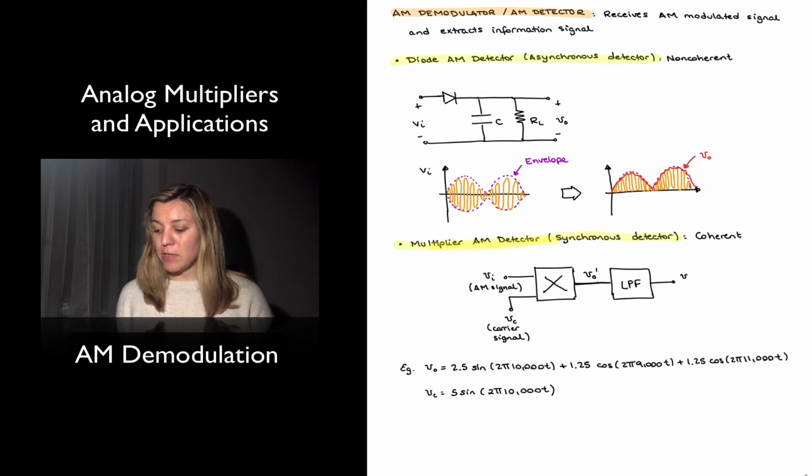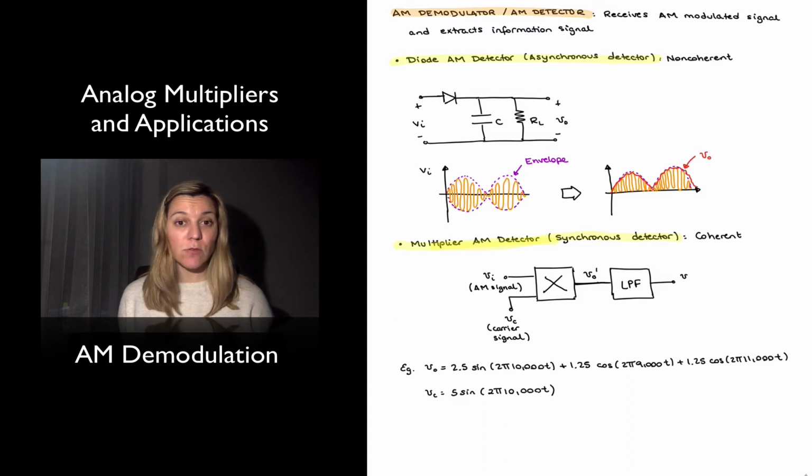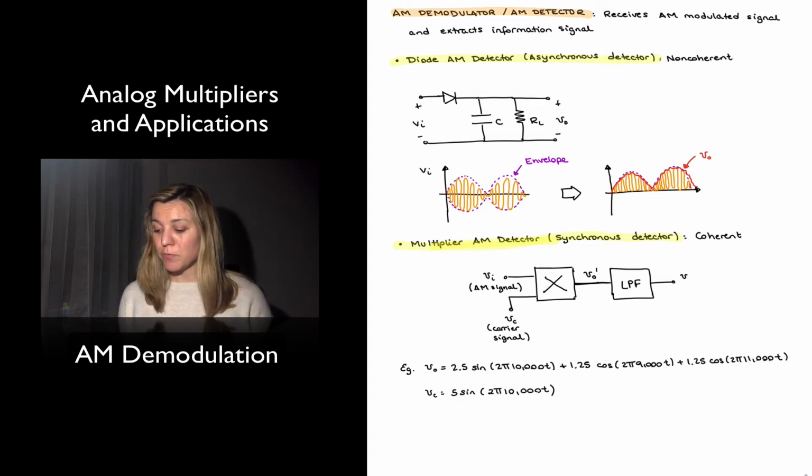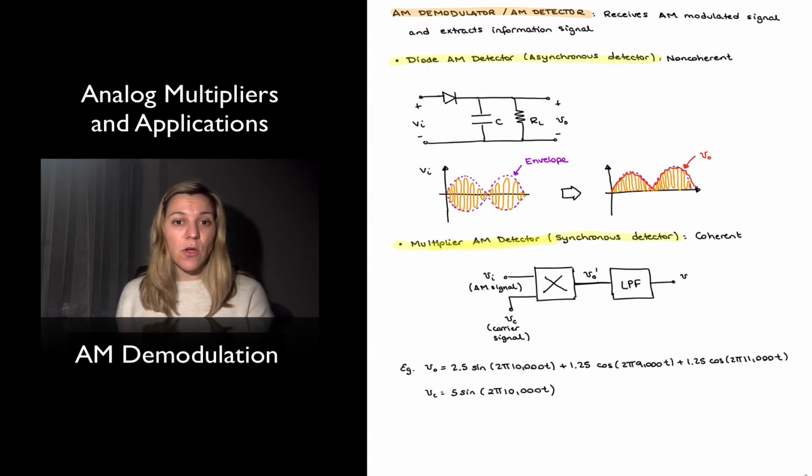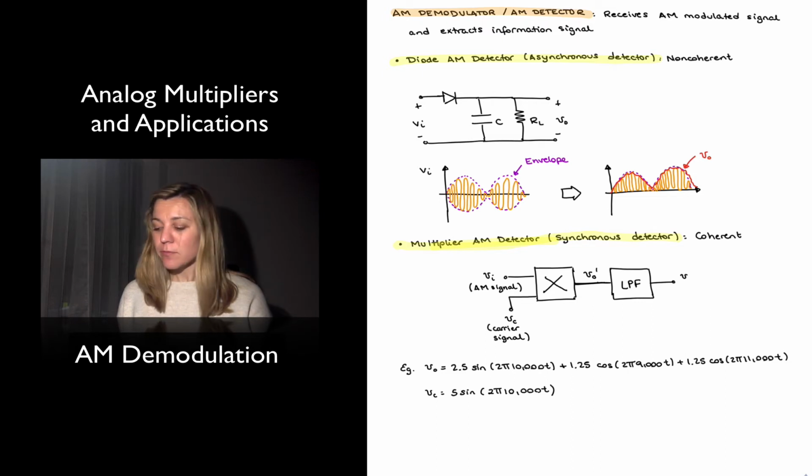The multiplier AM detector basically consists of the following. We have our AM modulated signal, which is now the input to the demodulator, and it's fed into an analog multiplier, and on the other input of the analog multiplier we apply a carrier signal, our original carrier signal. And when we multiply the two, we get out an output signal, which we can further low-pass filter in order to get our original modulating signal out of the circuit. Or perhaps I should call it PM. But anyway,